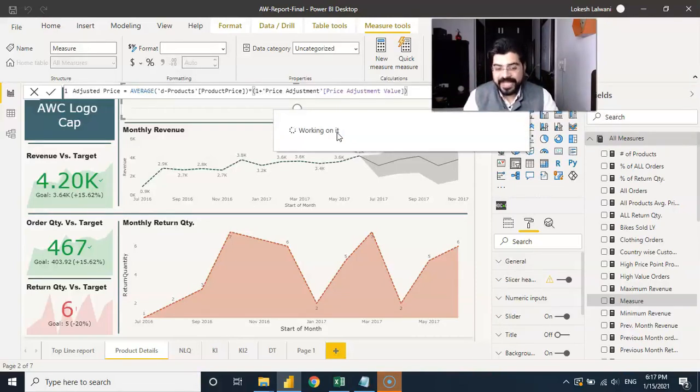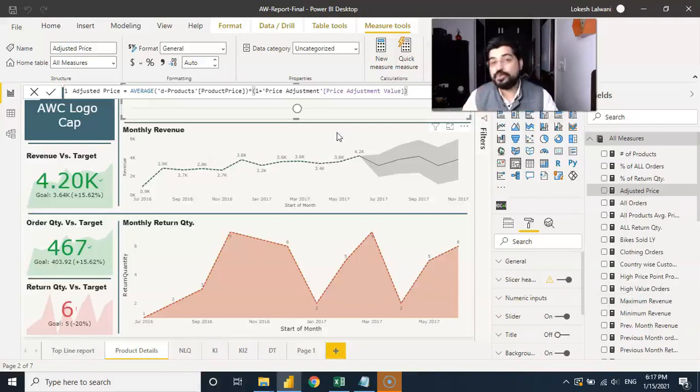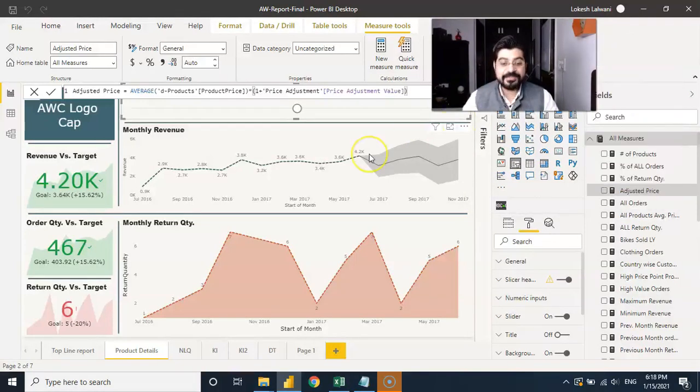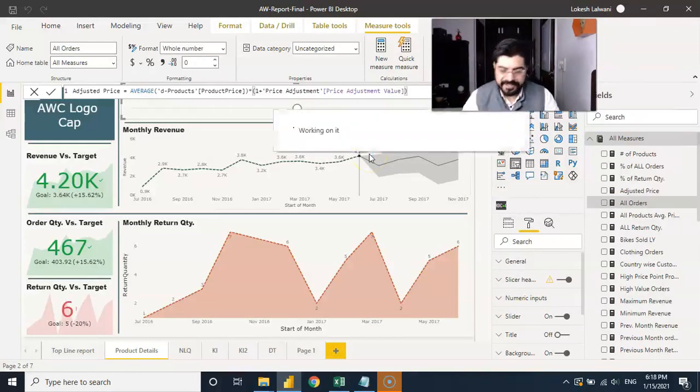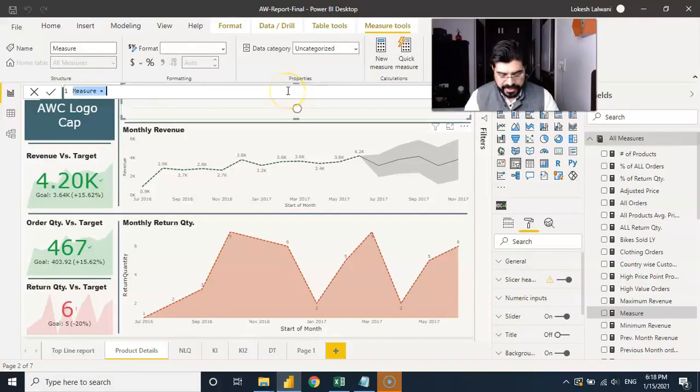Still we have the price but not the revenue. Now once we have this in place, we have to calculate the adjusted revenue. So I'll again right click and add a new measure, and this time it's going to be adjusted revenue. Here it is, adjusted revenue, which is equal to